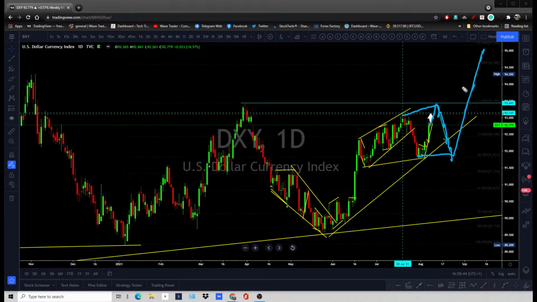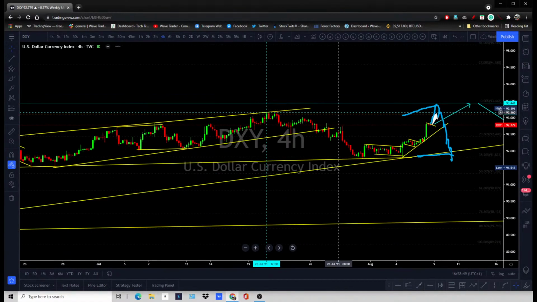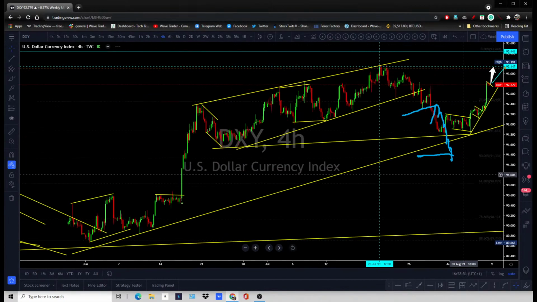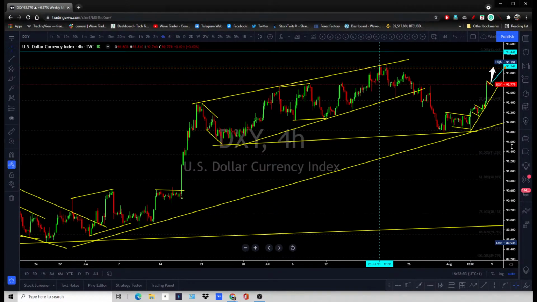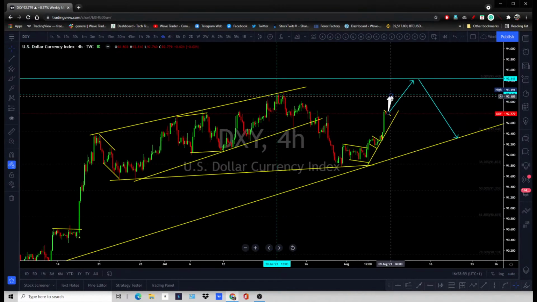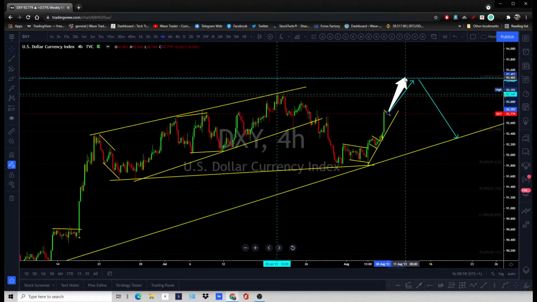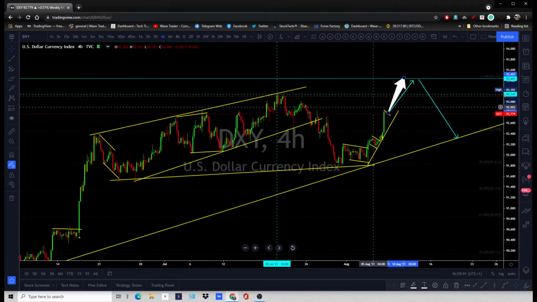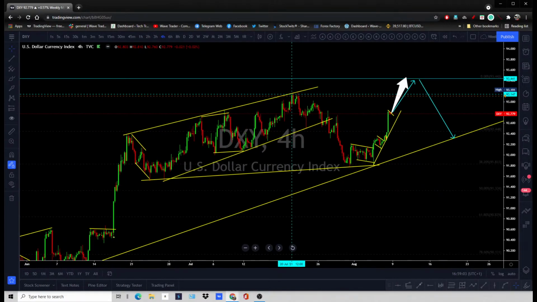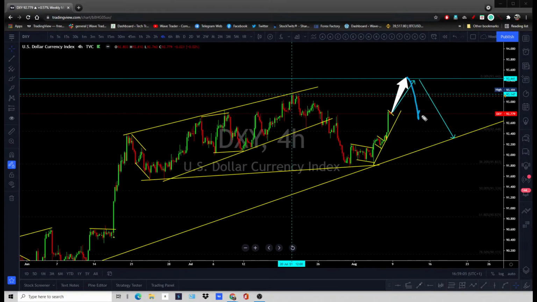Or we can see another leg lower on the dollar index for an expanding triangle formation before it continues to push higher. Once you see the price complete that move at this top or form a new high, watch price action for it to hold that previous top and drag another leg lower back to that trend line, or give us that expanding triangle formation, before going to continue to push higher.